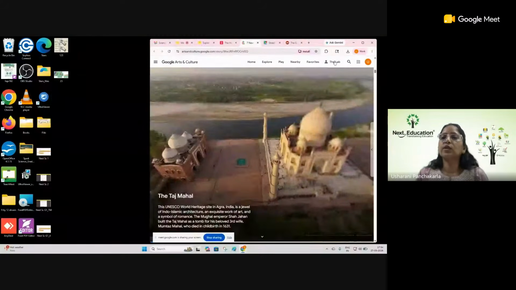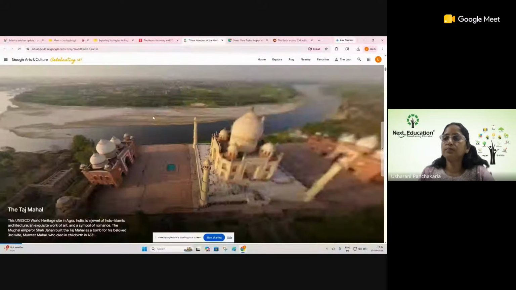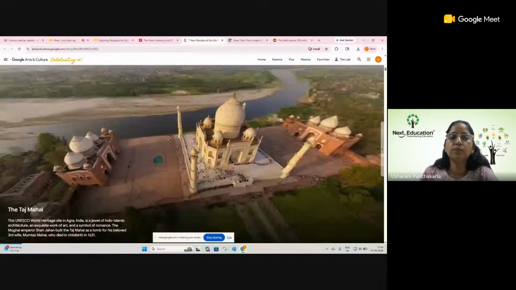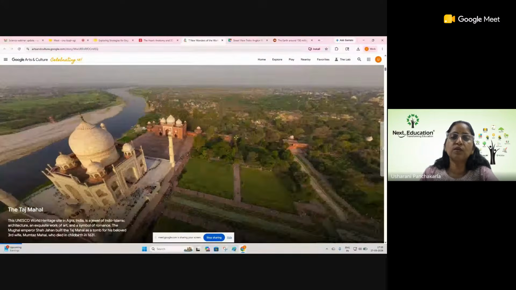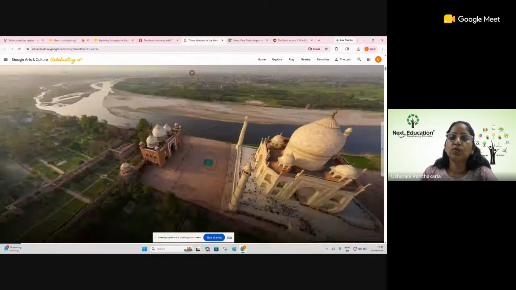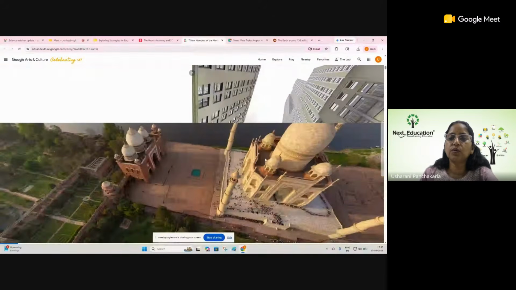Yeah, so this is where you can see the Taj Mahal. It's a 360-degree rotation, right? Because they're on the banks of the Yamuna River. If you want to zoom, you can still zoom that.